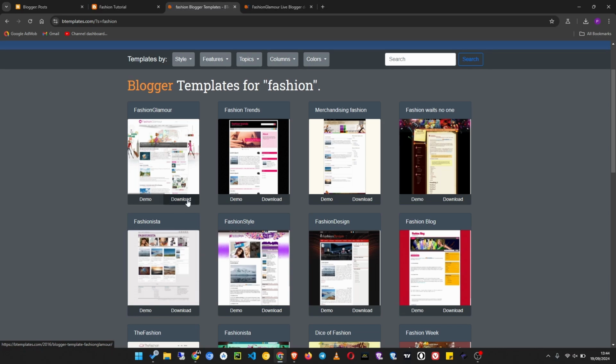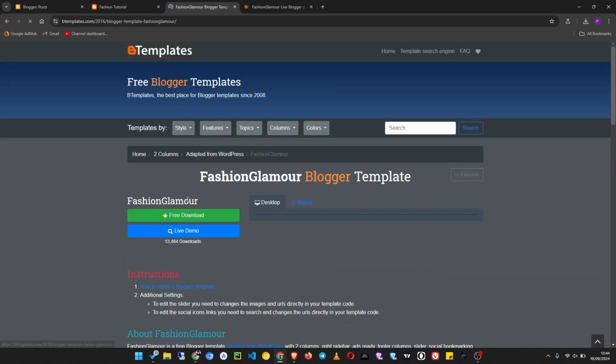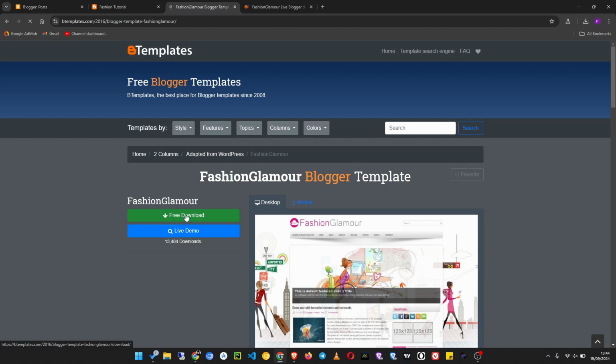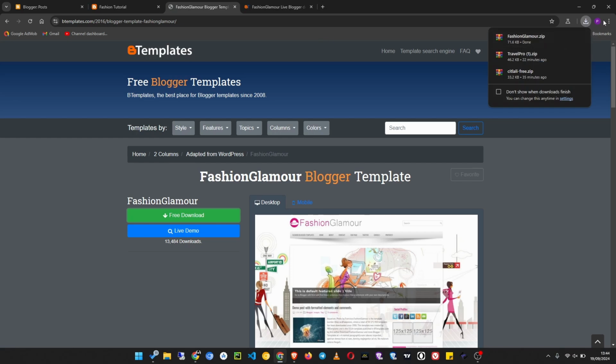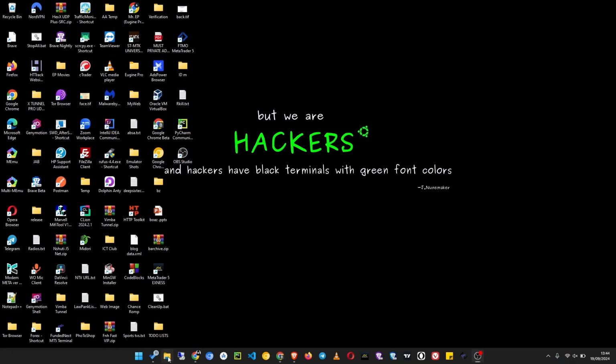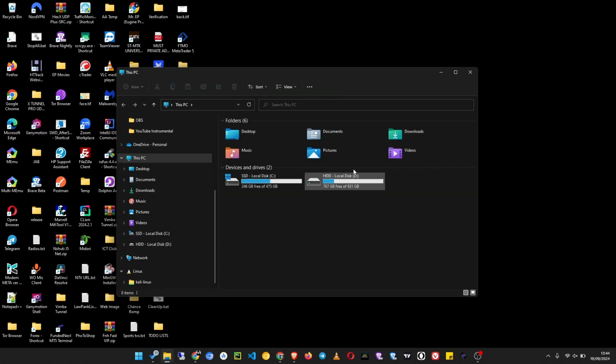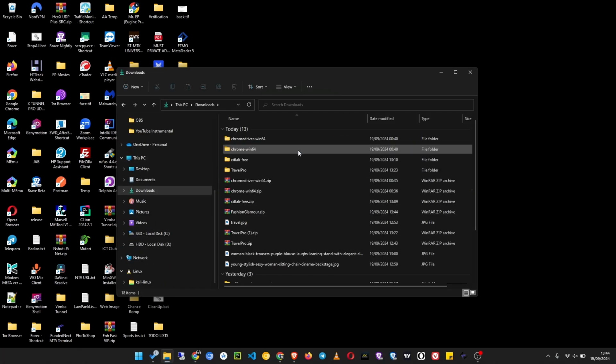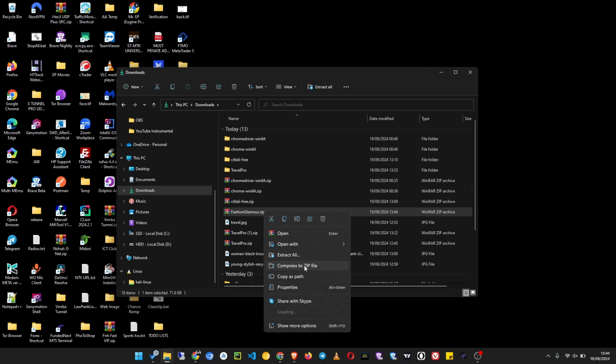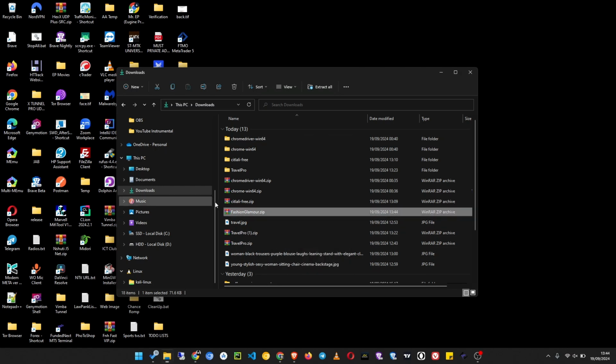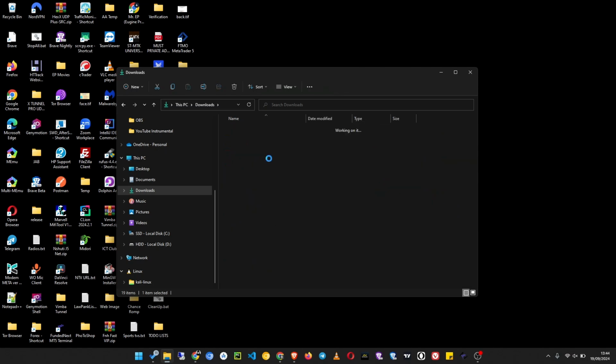So I'm going to use Fashion Glamour for the purpose of this tutorial. So click on download, then free download. So it is now downloaded. Now I open my downloads folder and click on the Fashion Glamour, right click it, then I will extract it to the Fashion Glamour folder. As it is extracted, open it,